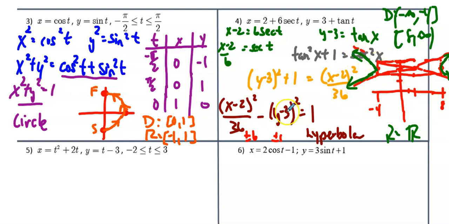So the point of this problem really isn't to graph this thing. It's really just to make sure that you guys can eliminate the parameter very easily by, again, isolating your trig functions, squaring both sides, looking at the Pythagorean identity that we have to do here, and plug in, and then say, okay, if I move this over, remember, if this had been plus, which we're going to get to now,